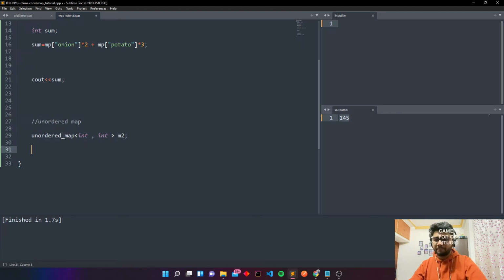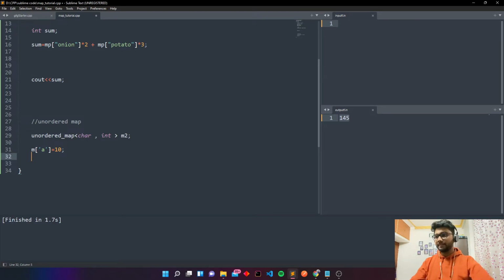So here let's use char. So m of, in order to push a char we use single quotes, 'a' is equal to 10. So now the value of a is 10.